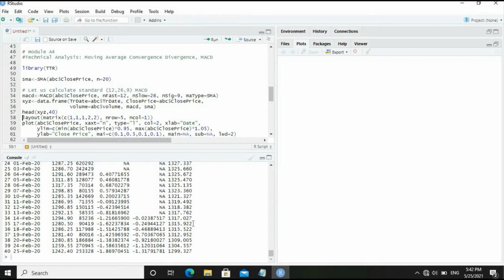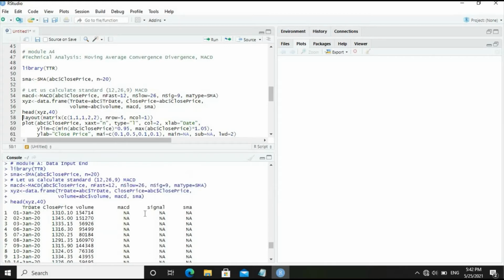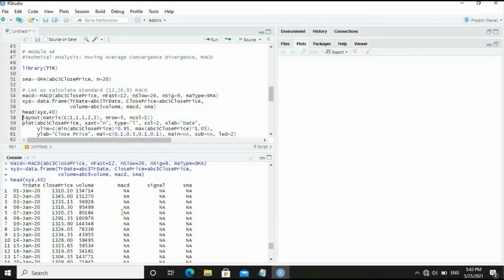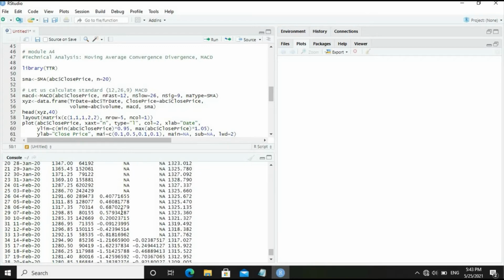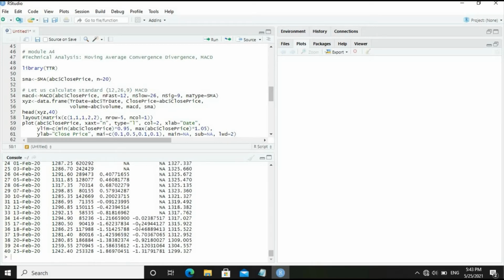The head 40 values have been displayed so that we will be able to have values for discussion of the MACD, SMA and signal also. So these head 40 values of the XYZ data object show the different values of MACD, signal and SMA along with the close price and trade volume.